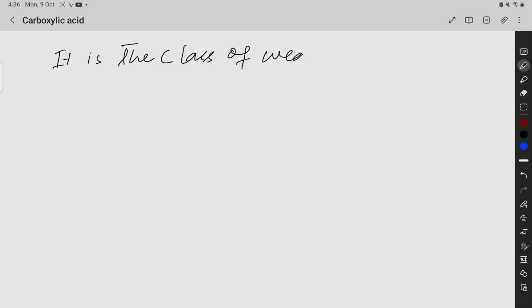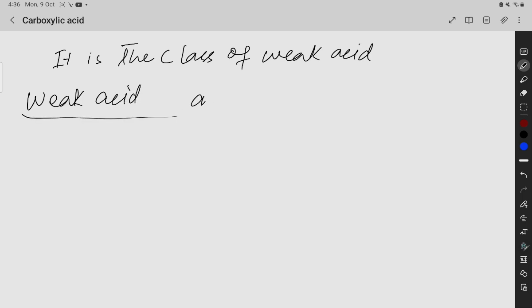Carboxylic acid, you know that, and carboxylic acid is the class of weak acid. It is the class of weak acid. What do you mean by weak acid? Weak acid क्या होते हैं? Yes, weak acids are acids